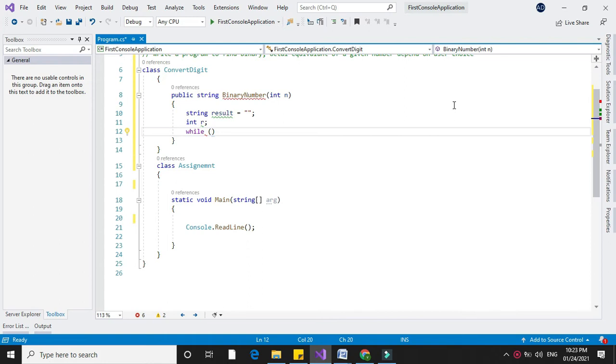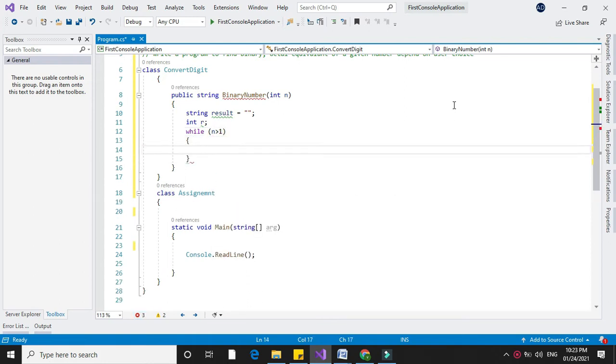So while n greater than 1, first we will separate out the digit using n mod 2.